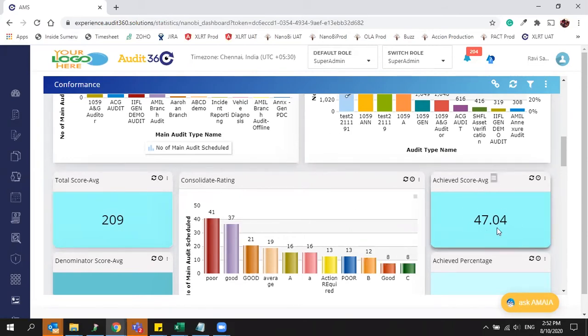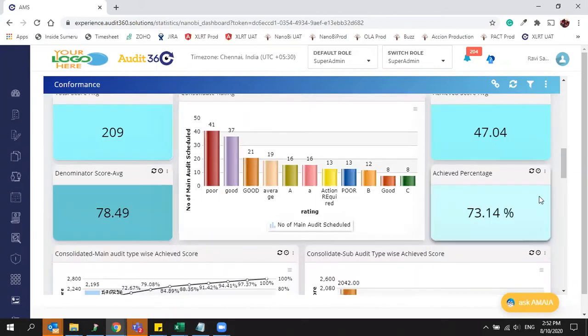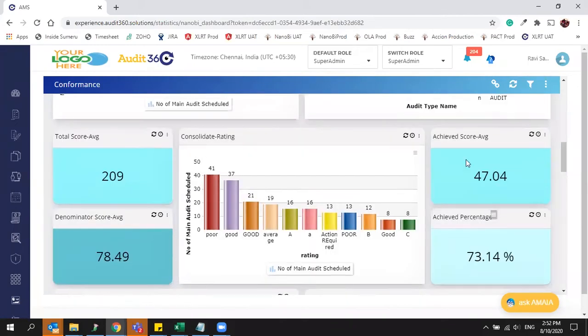It will show the average of that 2 years finalized data. The same way you can see achieved percentage average. It will not restrict you to seeing only that average score. You can drill down, or you can do linked analytics. Then you can see particular audit data also, that I'll show you in the next step.